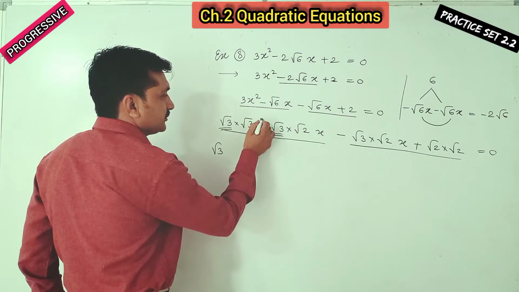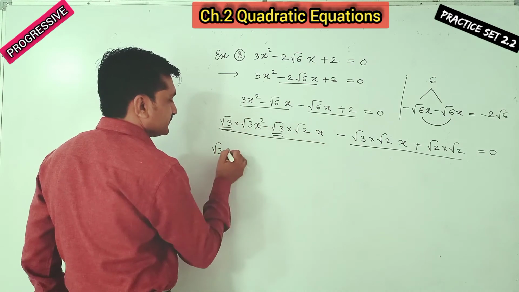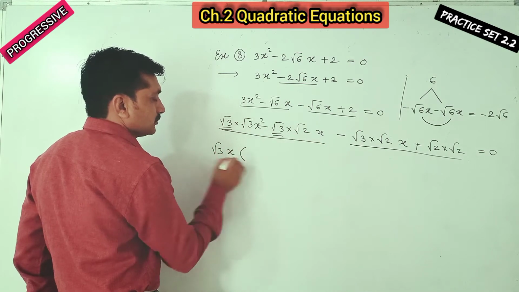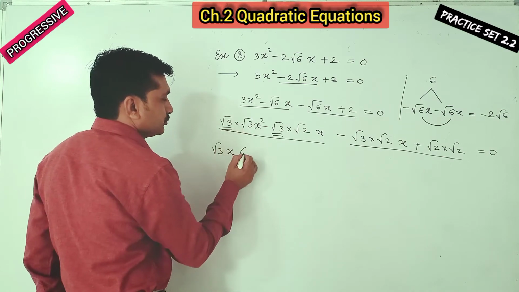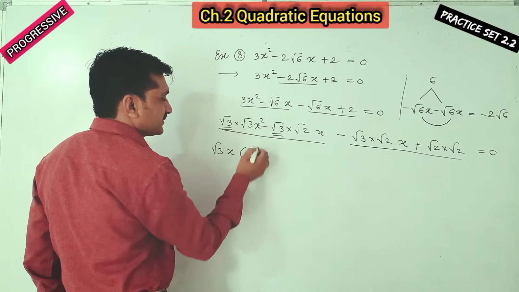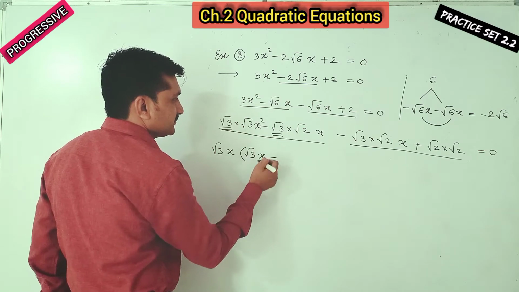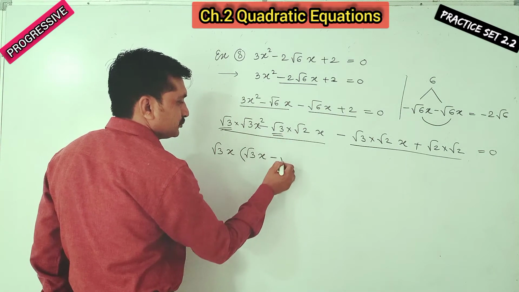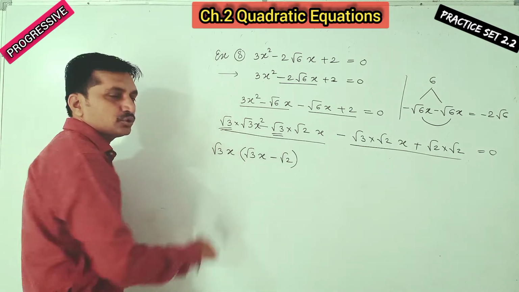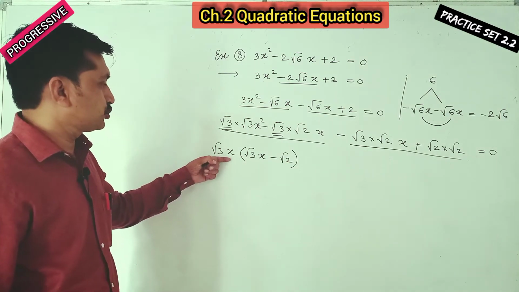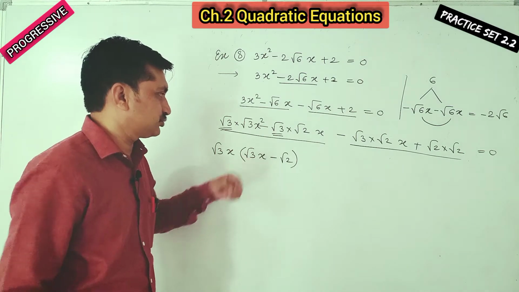Square root of 3, square root of 3, see it is common. From this, here is x square. X square and x common. Then what is remaining means uncommon. From this group, root 3. From this x square x, sign minus, it is common, it is left, root 2, it is already out. This is uncommon. Common root 3x and uncommon this one.